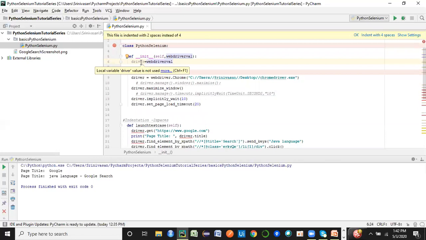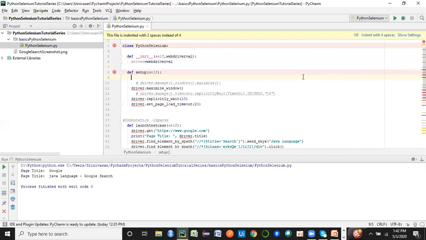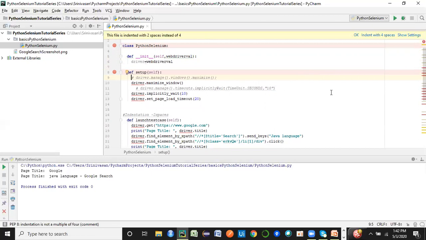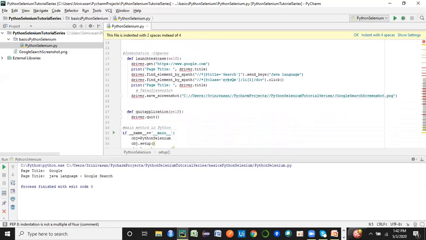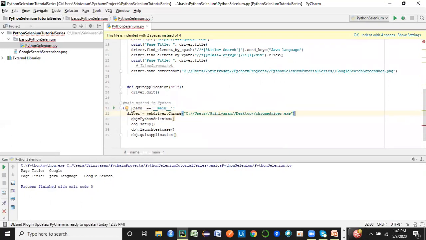So I'm going to have my instance variable which is created assigned this particular value. So I can make this particular line of code, rather than writing here, I can make it pass from the main method. In the main method, when I'm creating the object here, like how we do it in Java, similarly, I can create a parenthesis and pass the value of that particular variable here. So I can define driver equal to webdriver.Chrome, okay, and I can pass this as a parameter. That's what you have to do.